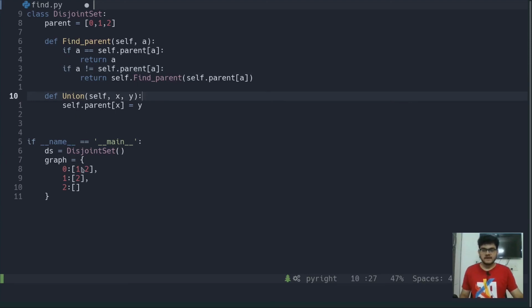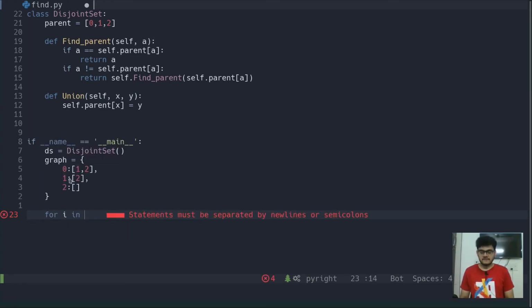Now let's call these functions and see how it is going to look inside of a graph data structure. So first of all, we need to pick up one element from the graph. For that we can actually use this simple for loop, for i in graph.